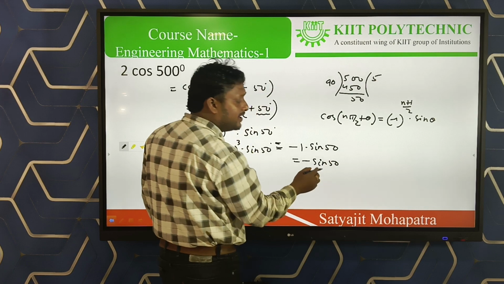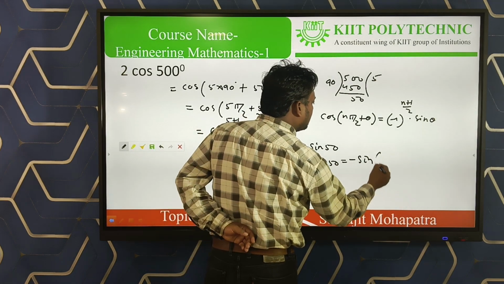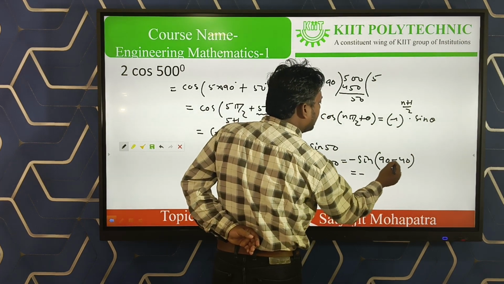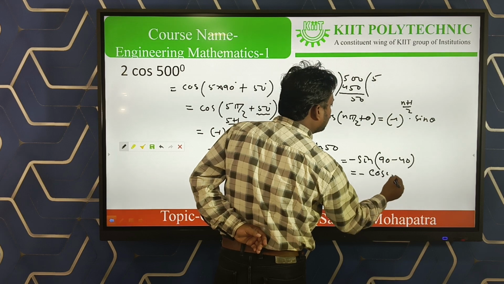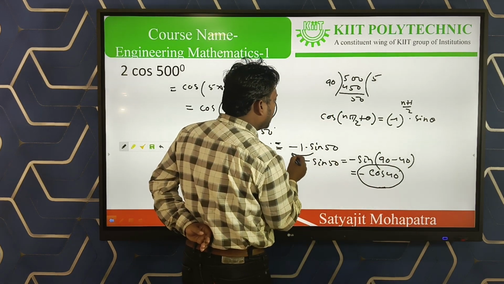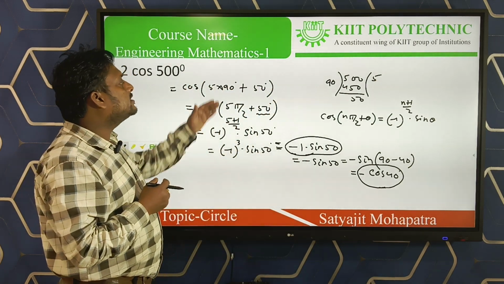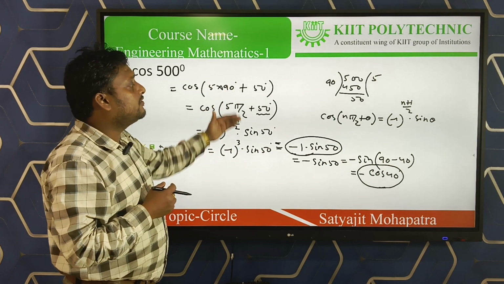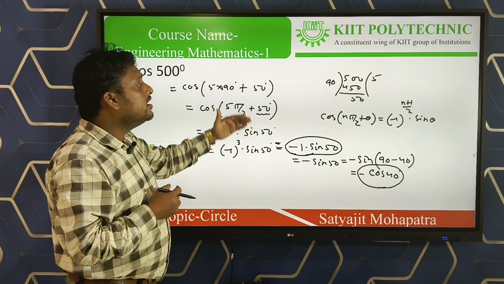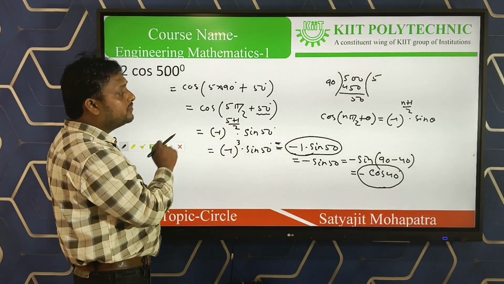50 is an angle less than 90. You can stop here, or you can proceed further like this. 50 is 90 minus 40, and sin of 90 minus theta is cos theta, that is cos 40. So your answer can be minus cos 40 or minus sin 50. Choice is yours. These are the problems based on the general formula. Any problem given and asked to convert into an acute angle, you can use the formula and get the answer. The angle should be less than 90.